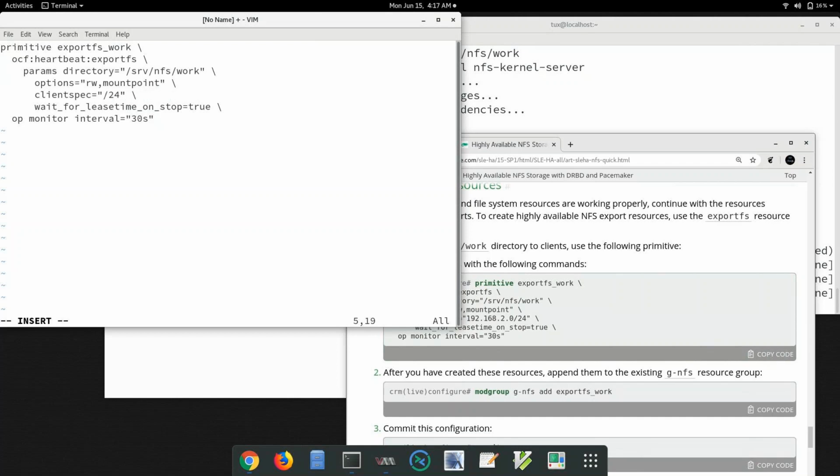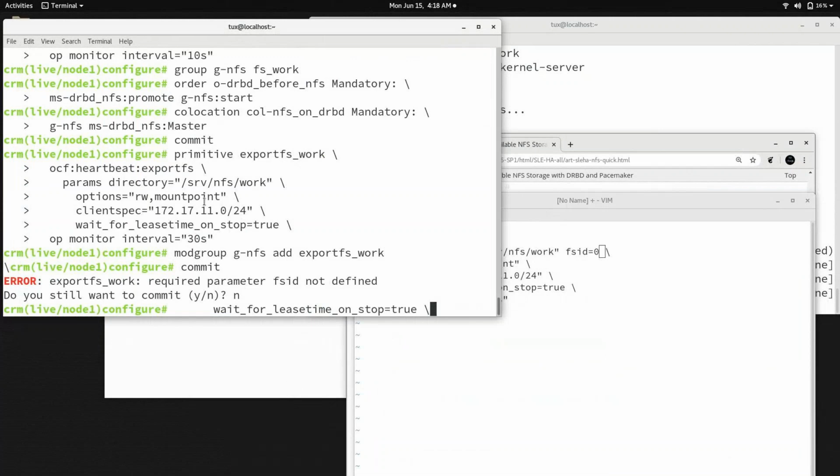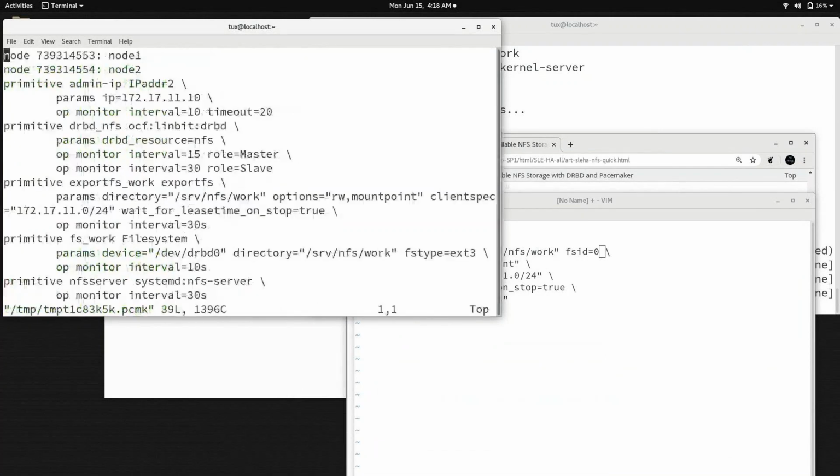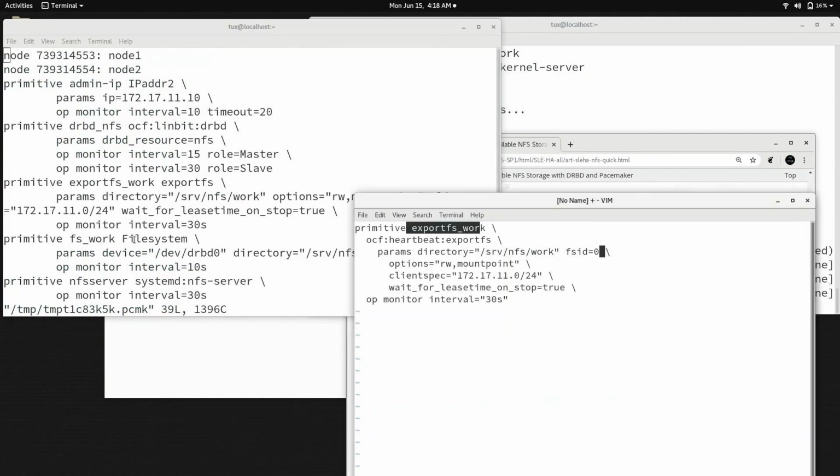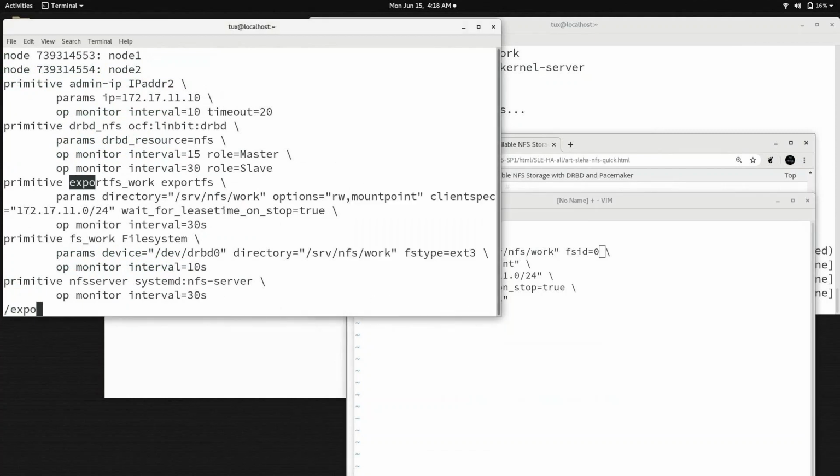So 172.17.11.0, and I need to write FSID equals 0. So that is the whole thing. But one thing I need to check, because let me run the edit command. Is there any resource by the name export fs? EXPORTS. Yeah, this is the one.